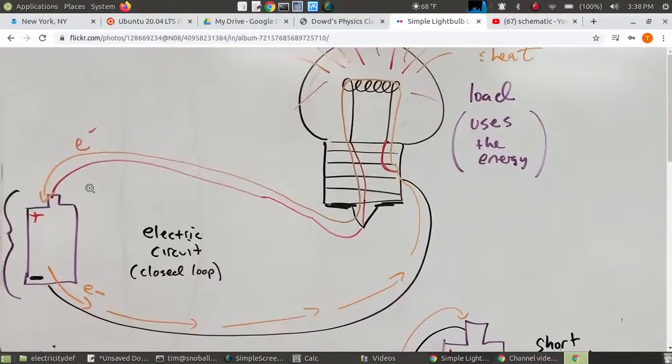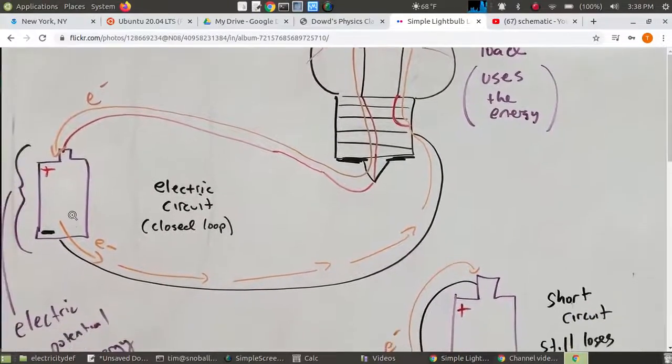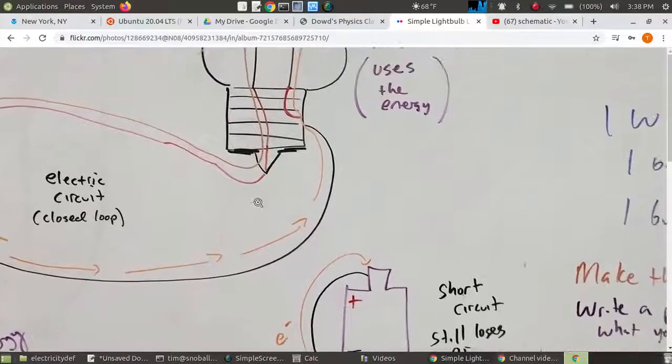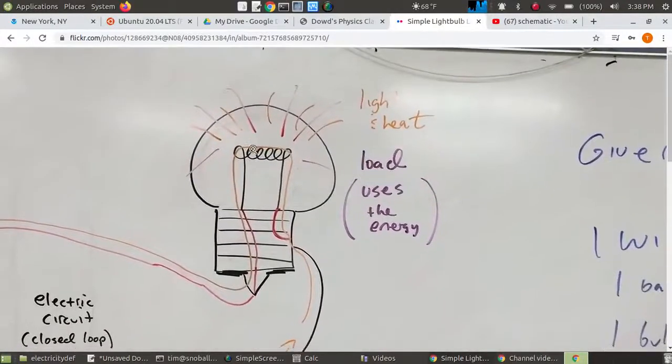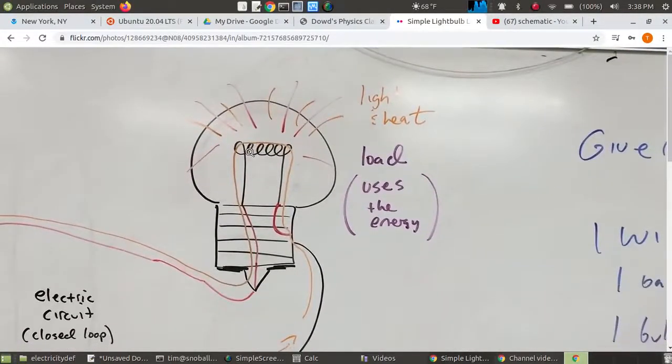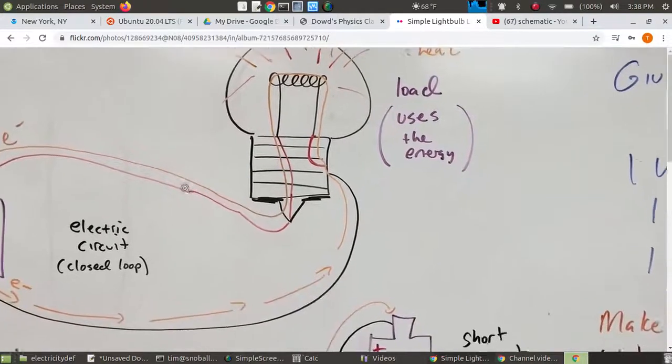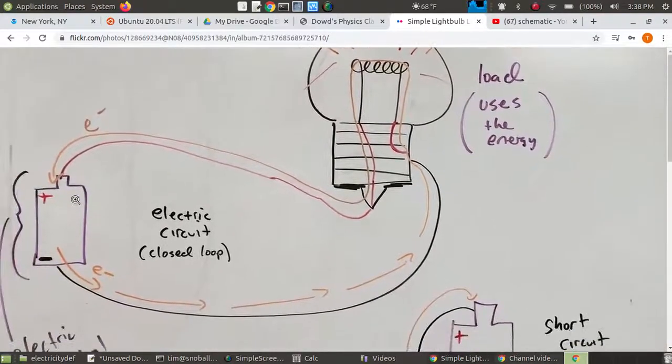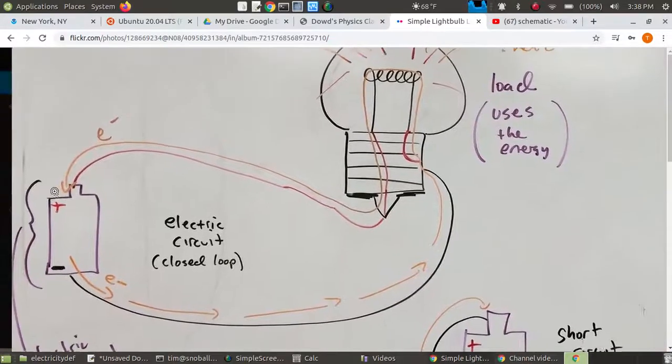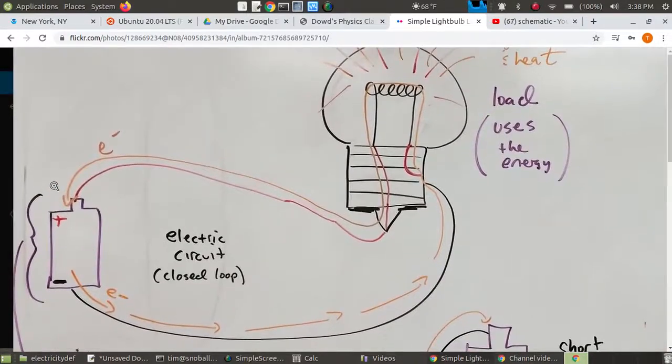So I just described to you the situation where electrons leave the negative, flow through a circuit, and their energy is taken away by the electronic device. So it's not that the electrons are consumed, it's that their energy is taken off of them and used to do work. And then the now energyless electrons flow into the positive. That is a decent chemical picture of what's going on. However,